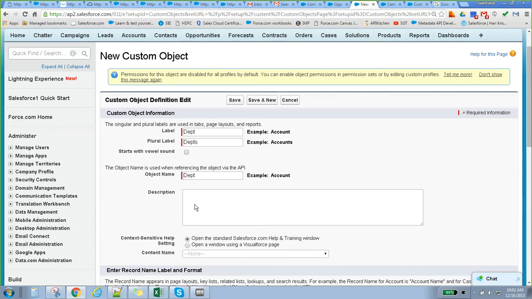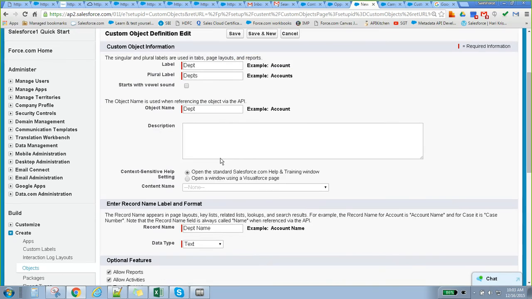Wherever it is showing red, it is mandatory. We have to fill it in.